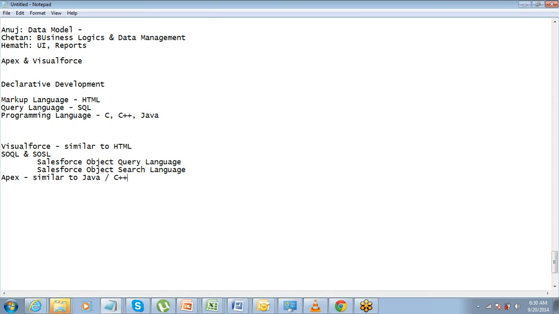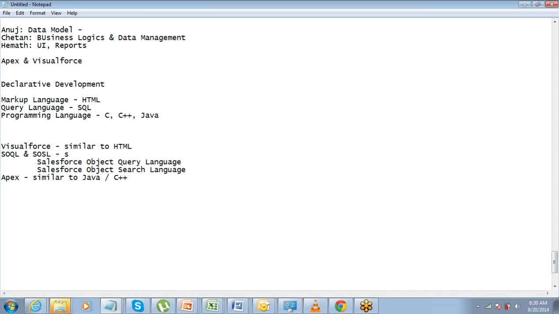Anyone who does not know Java still does not need to worry, because even if you have a basic understanding of any programming, C also, that will work, no problem. Anyhow, I'm going to talk about the data types of Apex in these sessions, so you will have a fair understanding of how it works.